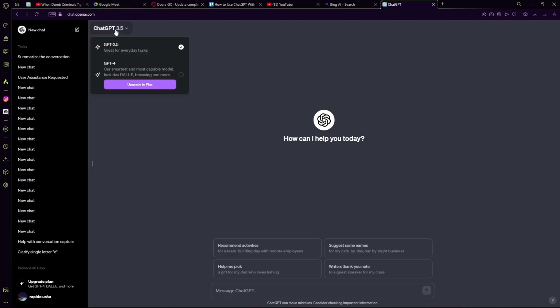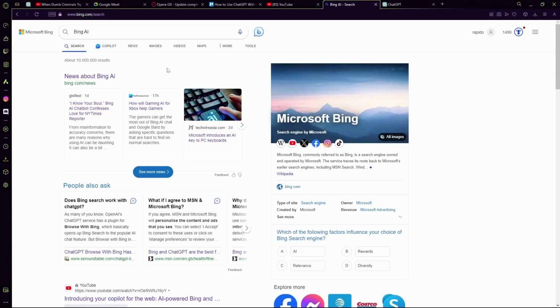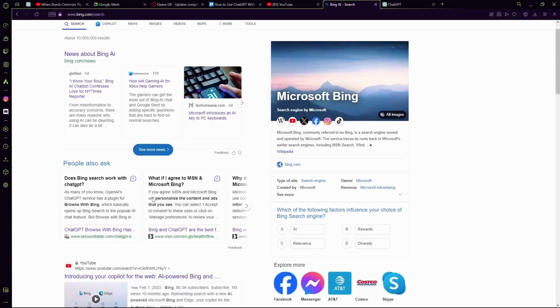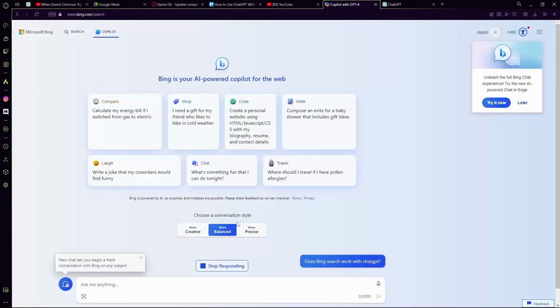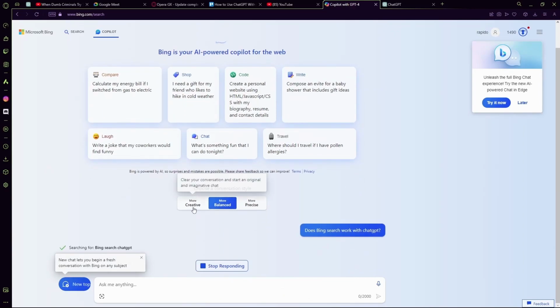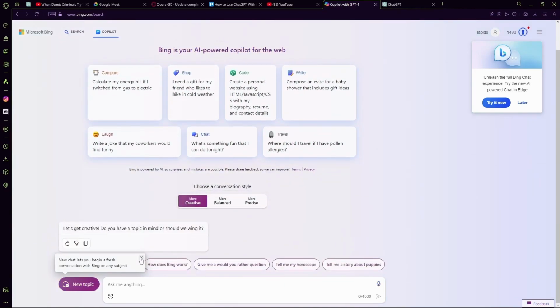Instead of upgrading to ChatGPT 4, you can head over to Bing AI, which is based on ChatGPT, and then just go to Bing AI Chat. Over here, you can head over to the more creative one, and now you can ask it anything. Let's say,